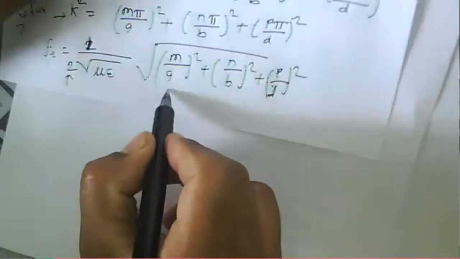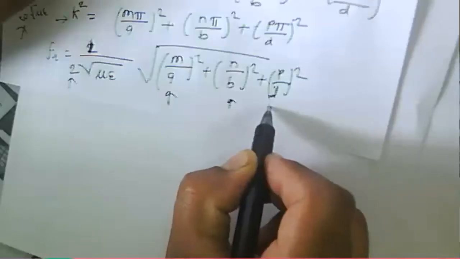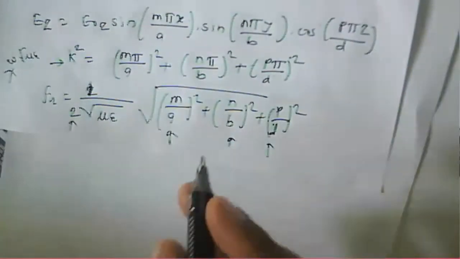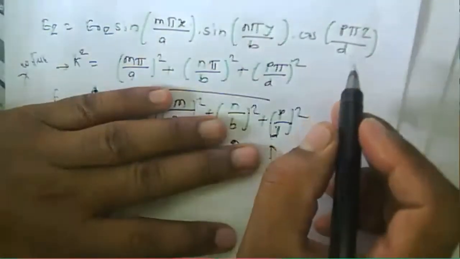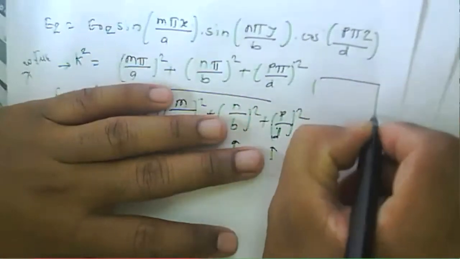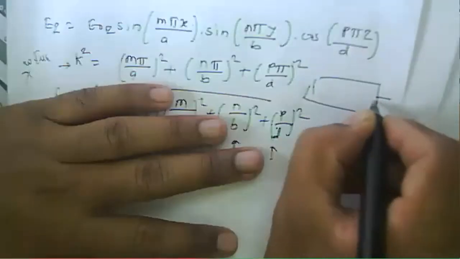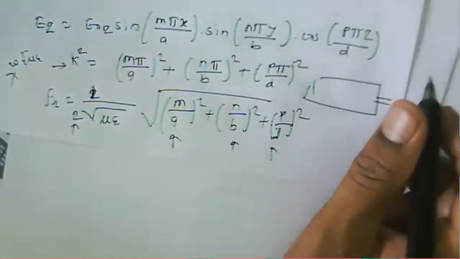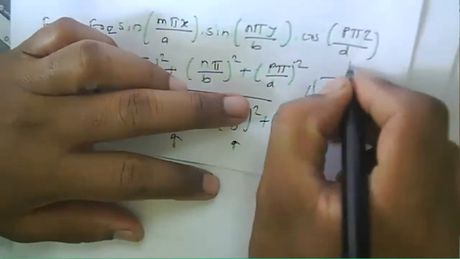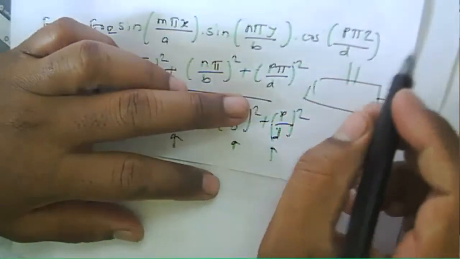So we can obtain the resonating frequency of a cavity, and that depends upon what factor? It is about a, b, d here. Similarly, the excitation modes in a cavity depend upon how you are exciting the given mode. For a rectangular cavity, suppose we are exciting from this end, in that case H will be higher and E will be smaller. If we are exciting from this particular mode, E will be higher.